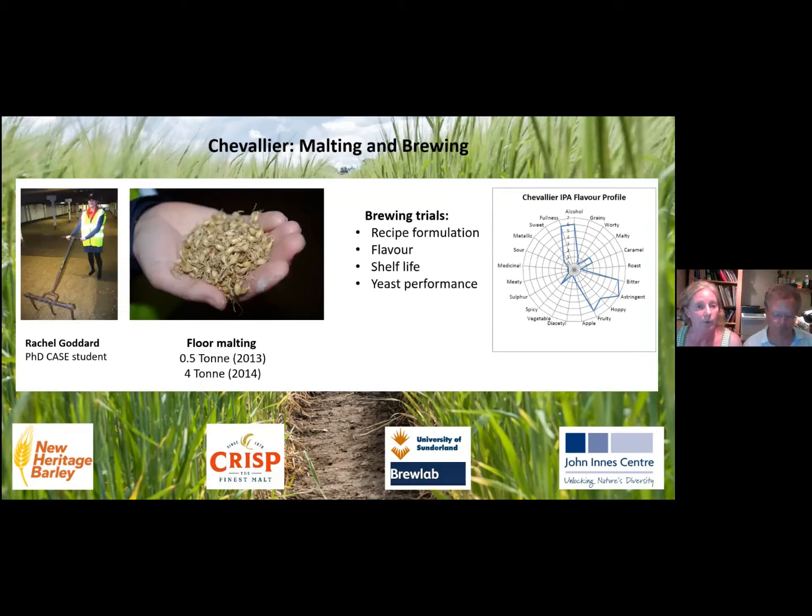So we were able to undertake a malting and brewing analysis together with Chris and with Brew Lab. And there's a picture of Rachel, who was doing her PhD at the time. In 2013, we floor malted half a ton of barley. It was quite handy having the floor malts at Crisp available for this small quantity. This was sent to Brew Lab, where Keith Thomas then performed a whole series of different brewing trials, different recipes. He assessed for off flavors, the shelf life of the beer, how the yeast performed with it. All of these things ultimately led to the conclusion that yes, you could definitely brew decent beer with this